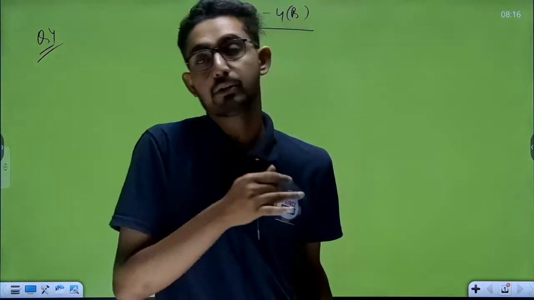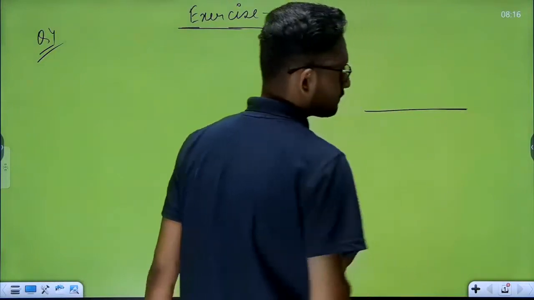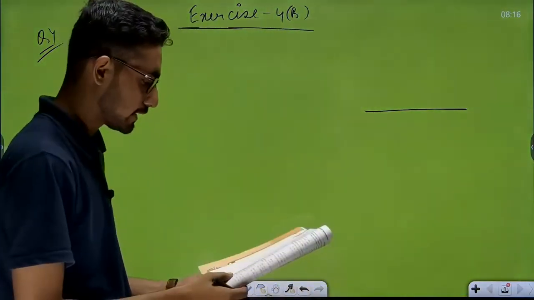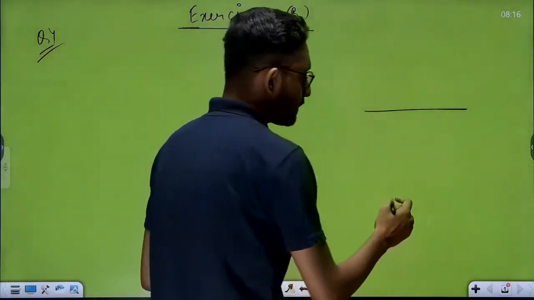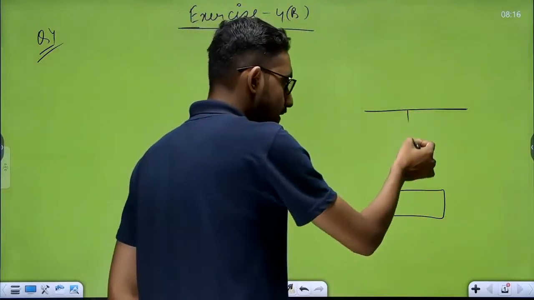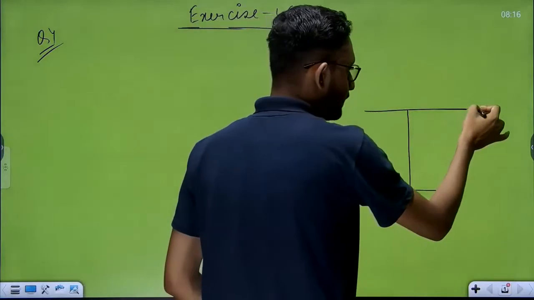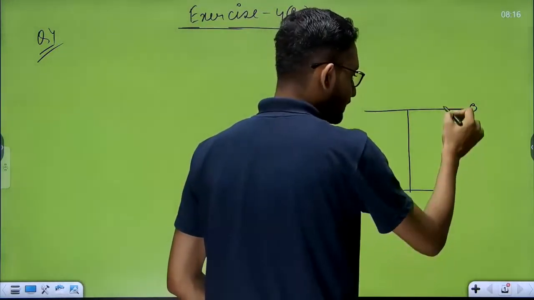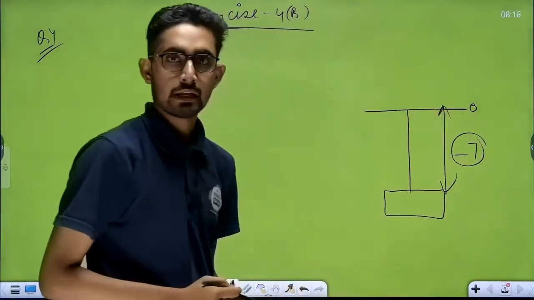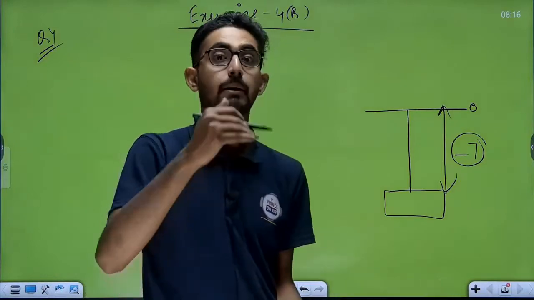So how will we make the diagram? First of all, make the diagram. Suppose this is the sea level. Now in this sea level, students, try to understand the base of the iceberg. Suppose this is the iceberg. The base of the iceberg is 7 kilometer below the sea level. That means if this is 0, this is -7. Now your question says the top is 10 kilometer above the base.